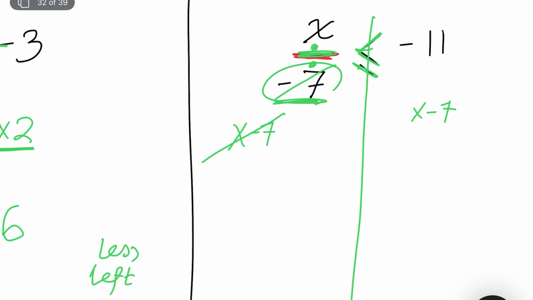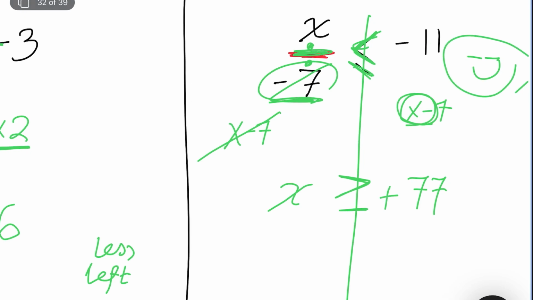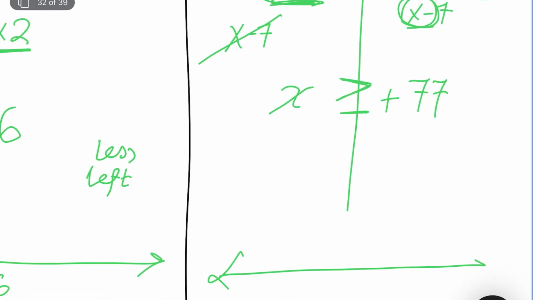Negative 7 is cancelled. x is alone, and since I multiplied by a negative number, this inequality sign flips. 11 times 7 is 77. Since both of them are negative, same signs give me a positive answer. Lastly, graph your answer. Put 77 on the right, of course, where the greater numbers are, and less on the left. More than or equal to means a closed circle